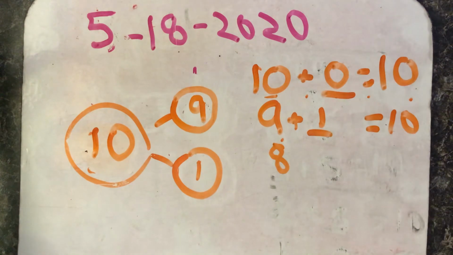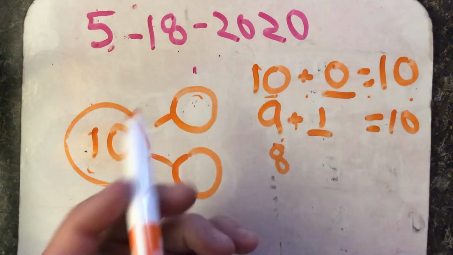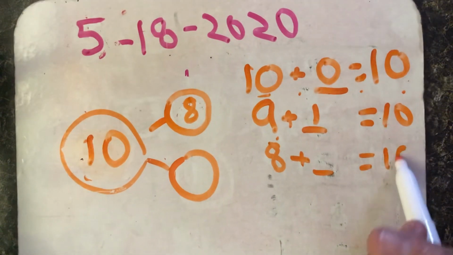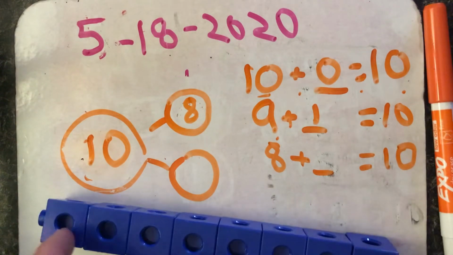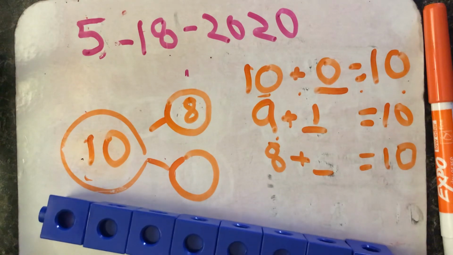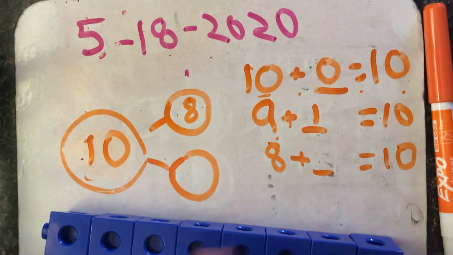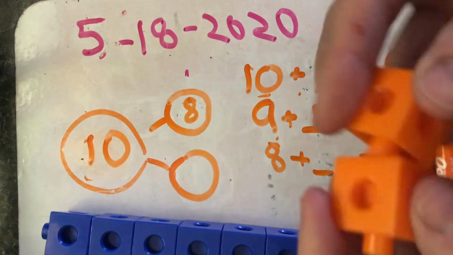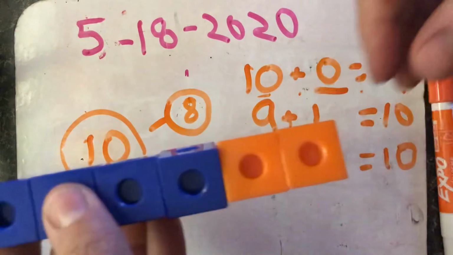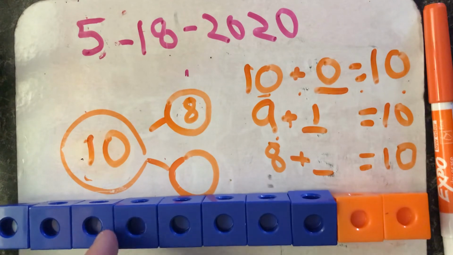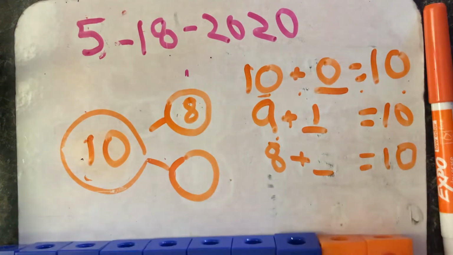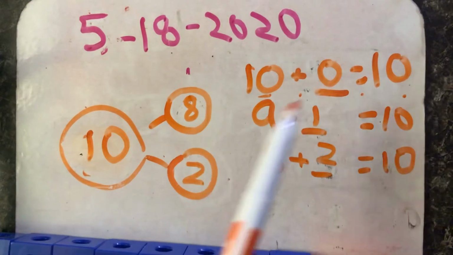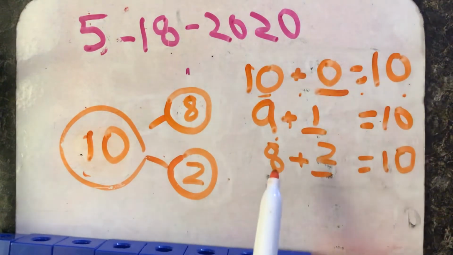Now let's start with 8. 8 plus unknown gives you 10. 1, 2, 3, 4, 5, 6, 7, 8. I will count on until I get 10. 8, 9, 10. So my unknown is 2. 8 and 2. Do you guys see a pattern here? 10 and 0, 9 and 1, 8 and 2,